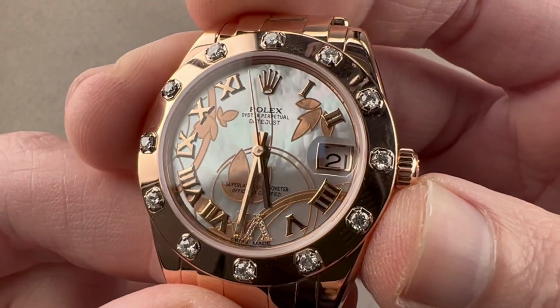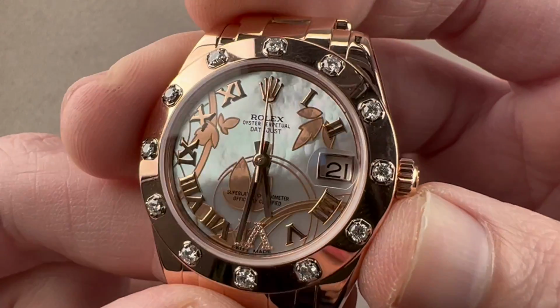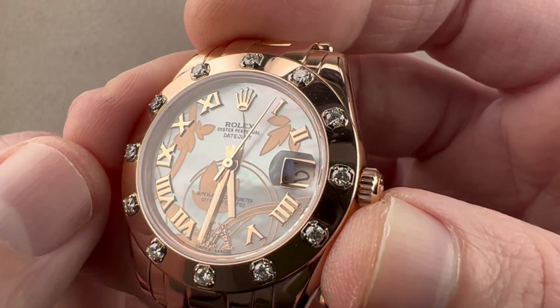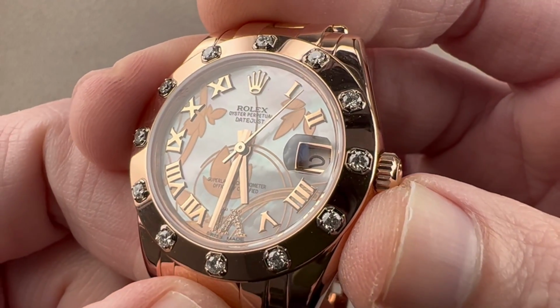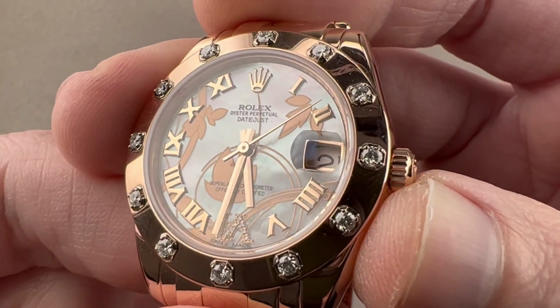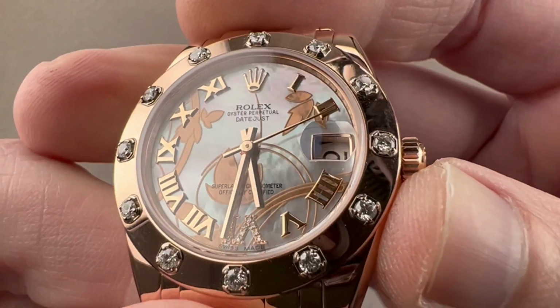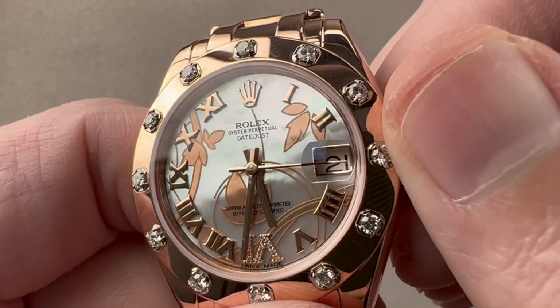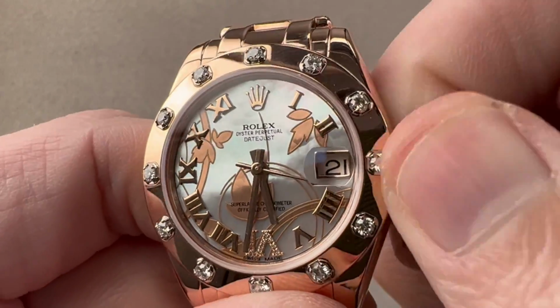Now the dial, it is lovely mother of pearl, and on top of that we have gold dust that creates leaf-like floral patterns. That is why this is known as the Goldust Dream dial. We also have applique Roman numerals in solid gold, and you can see that Roman numeral 6 down at the bottom of the dial, in addition to being inverted, is also gem set. If you look carefully, you can see that there's even a little bit of a pink tint to the date